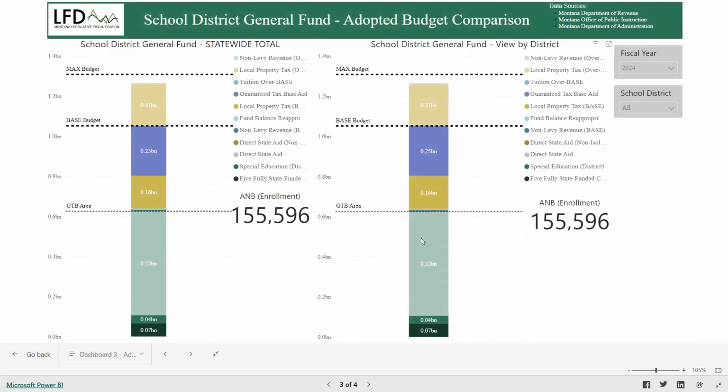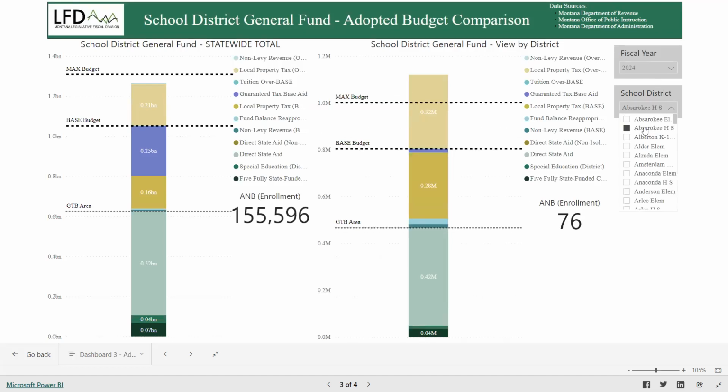So the third dashboard really is a comparison dashboard, and I've actually made some changes to this. We'll roll them out hopefully relatively soon to show not only the A and B, but also the taxable value, and then be able to compare years as well here. But for the time being, what you're doing is comparing the statewide total, so this chart is fixed and won't change, to a specific school district. So you can see how this district is over max, probably has some declining enrollment,